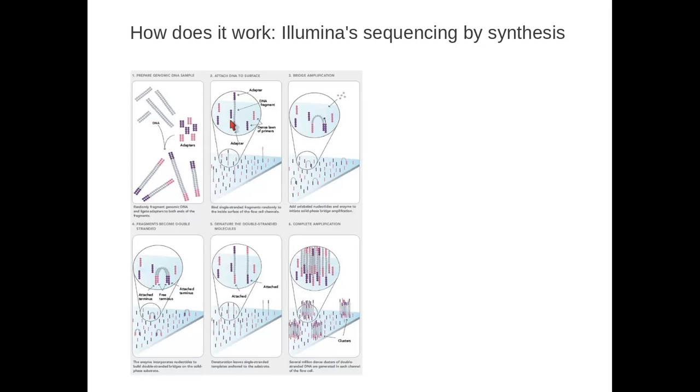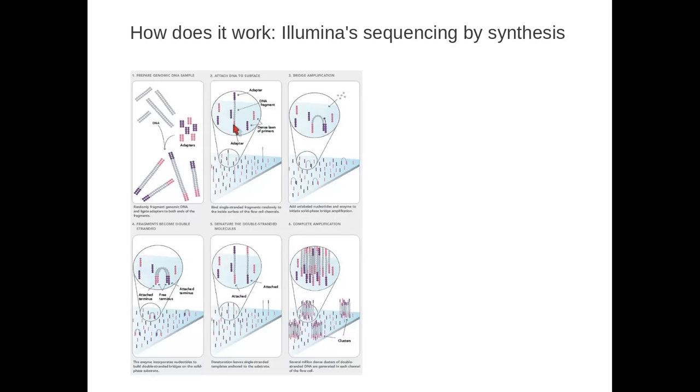What happens is that the flow cell, at the beginning of the run, is incubated with A's, T's, G's, and C's, each of which has a different color label. And they will bind to that free 3' end and complementary base pair with the template molecule. So each of these different clusters is binding, or each of these different little primers is binding, a different piece of DNA. And what is happening effectively is that during the course of the run, the DNA is